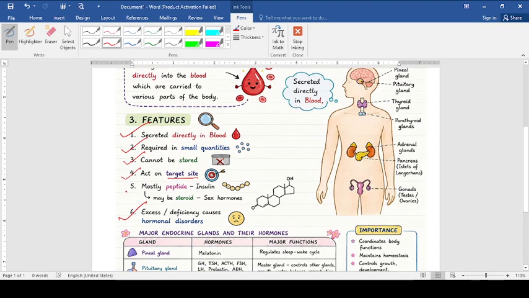Then we have to discuss about the pancreas. So when we talk about pancreas, as I already told you, that pancreas is a dual gland. Dual, why? Because as an endocrine gland, it secretes insulin, and as an exocrine gland, it secretes pancreatic amylase and trypsinogen. So these digestive enzymes are secreted with the help of a duct. If you remember digestive system, that's why it is called as dual gland.